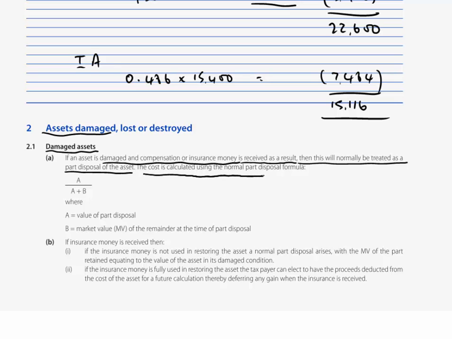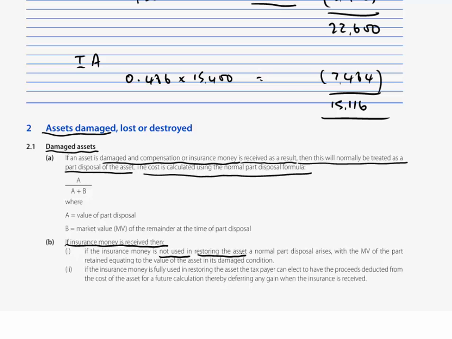The cost is calculated using the normal part disposal formula. Now we know what that is, A over A plus B, or sales proceeds over sales proceeds plus value remaining. Now then, we've said here that if you receive insurance money, then we're going to have to do a part disposal calculation. But it says, if insurance money is received, then if the insurance money is not used in